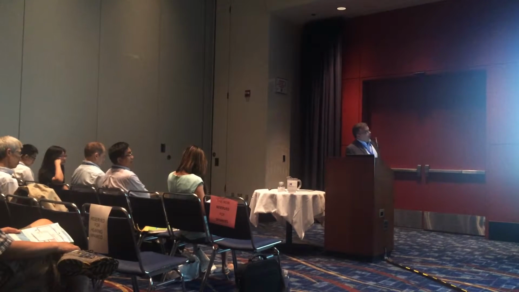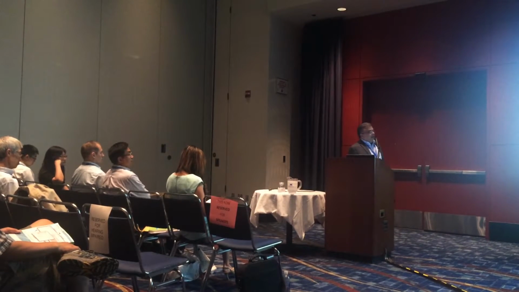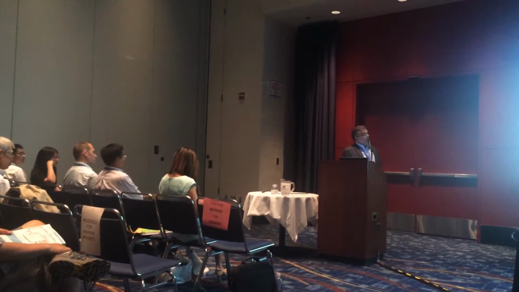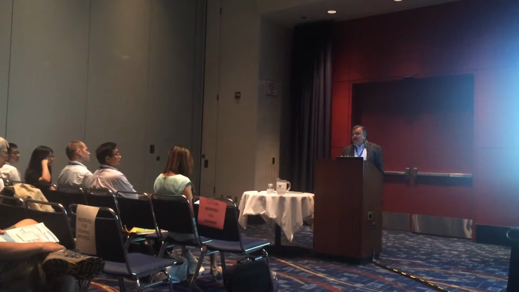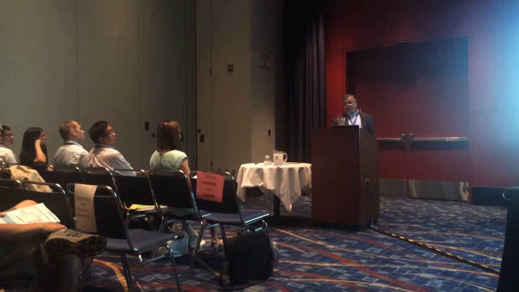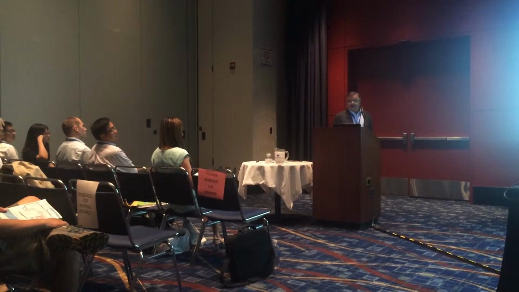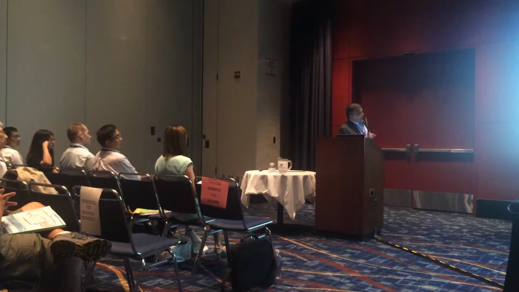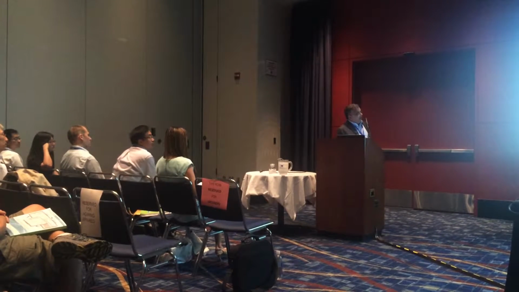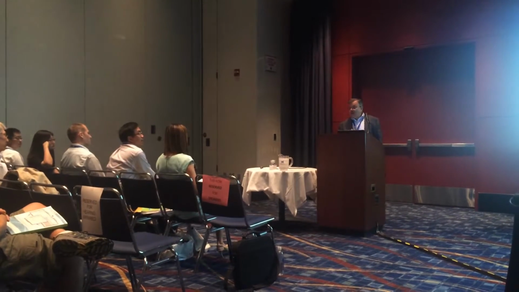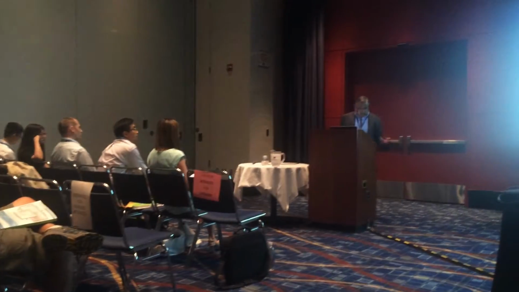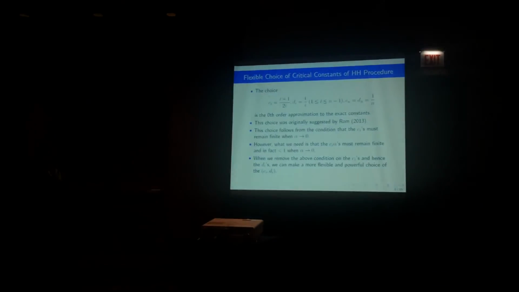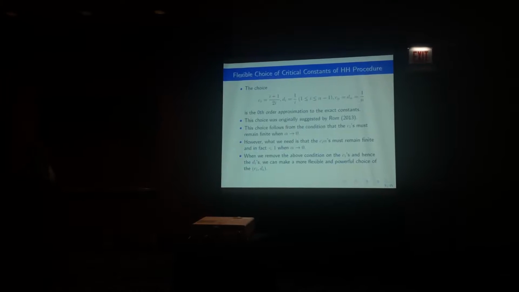However, then we realized that what we need is not that the Cis remain finite. What needs to remain finite, and actually it's less than 1 because you want to compare the p-values with those critical constants, is Ci times alpha, not Ci. Okay, so if you relax that condition that Cis must remain finite when alpha goes to 0, then we have a more flexible choice. So when we remove the above condition, which is the second bullet,